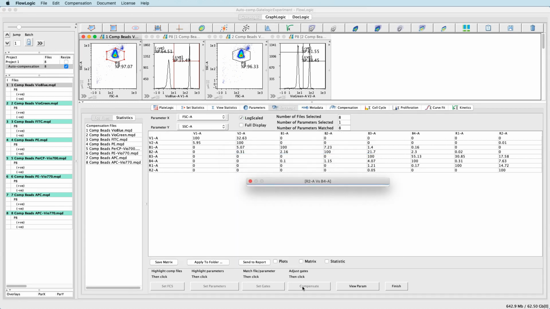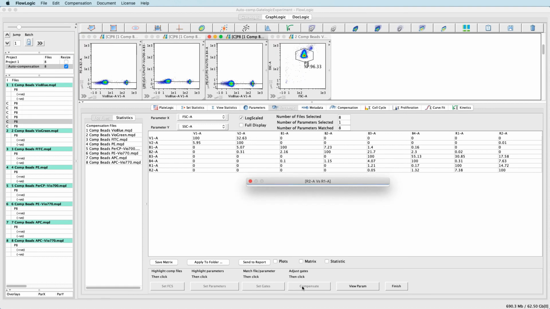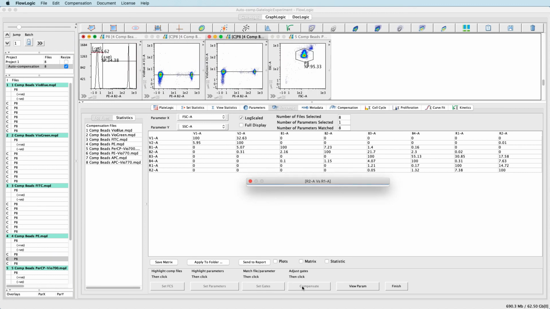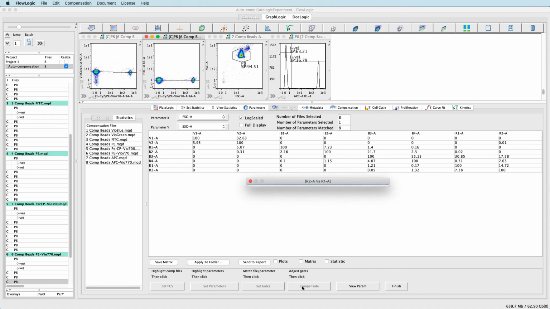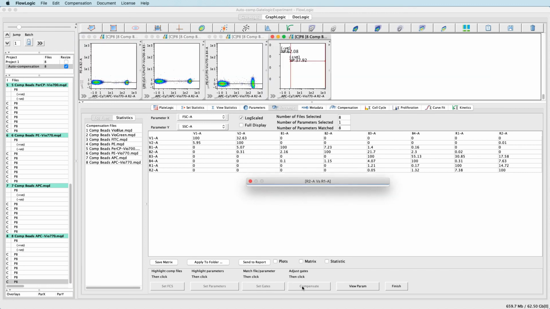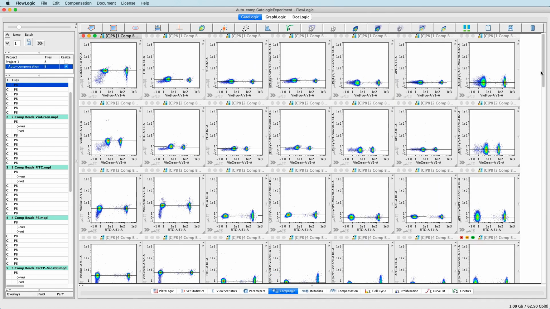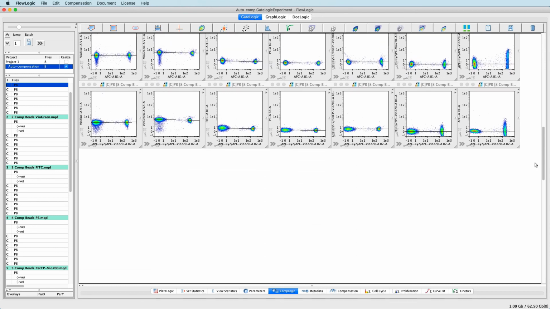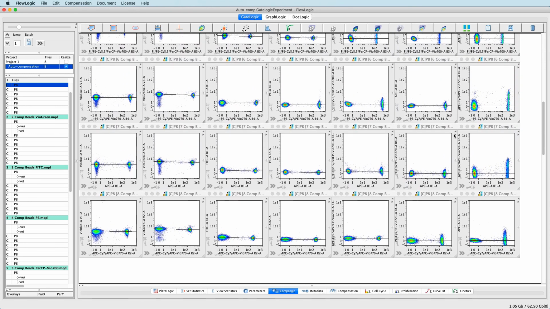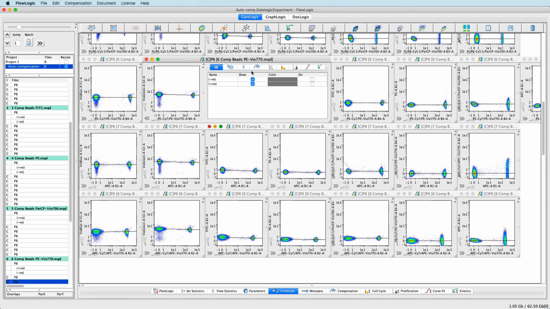FlowLogic then creates clones of each of the polygon-gated populations and displays each fluorochrome against every other fluorochrome. A line is then created on each plot based on the median fluorescence of the positive and negative populations, with a perfectly horizontal line indicating perfect compensation. If the line is not perfectly horizontal, the compensation can be adjusted manually in the plot side drawer under the